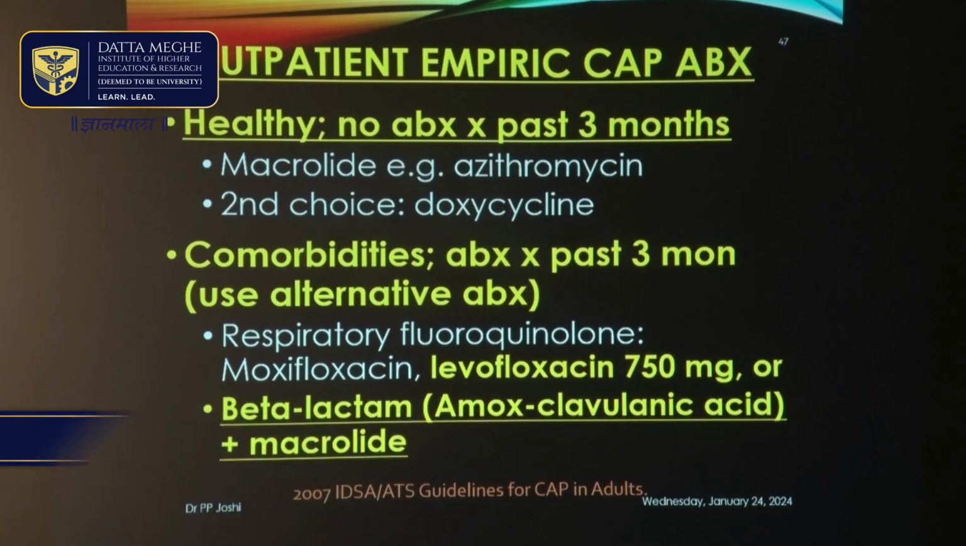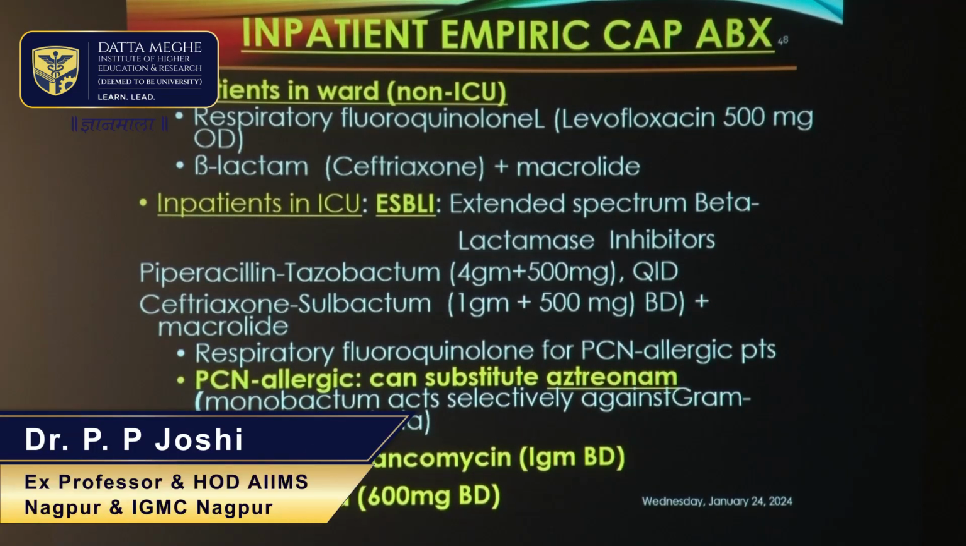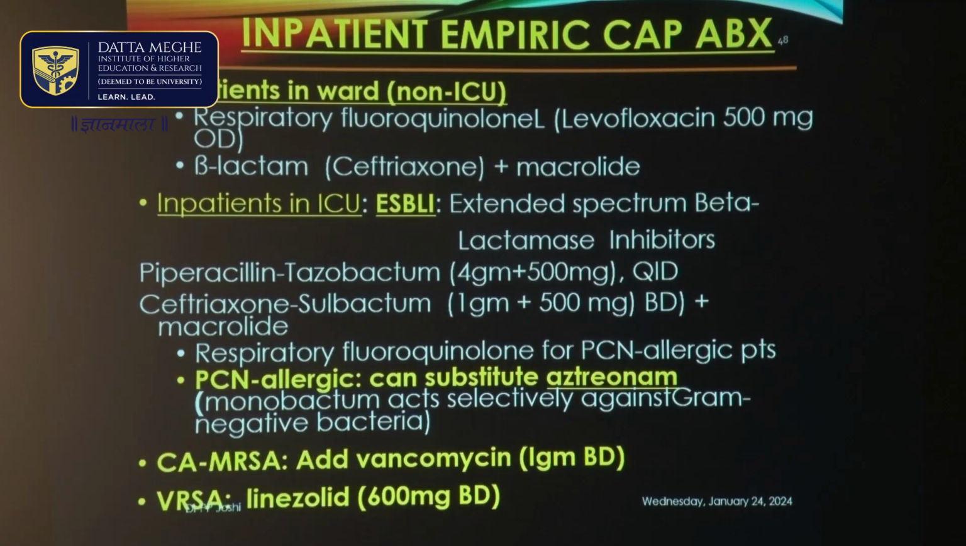This can be combined with a macrolide like azithromycin or clarithromycin. The dose of azithromycin is 500 to 750 milligrams once a day, whereas that of Claribid is 500 milligrams twice a day. For inpatients who are admitted in the ward, again a combination of fluoroquinolone and beta-lactam plus or minus macrolides can be given. For patients in intensive care, we have to start more higher antibiotics, with extended spectrum beta-lactamase inhibitors, which include